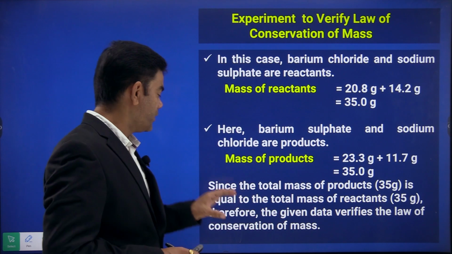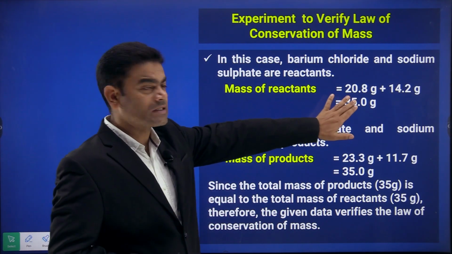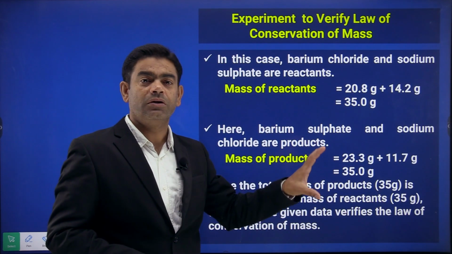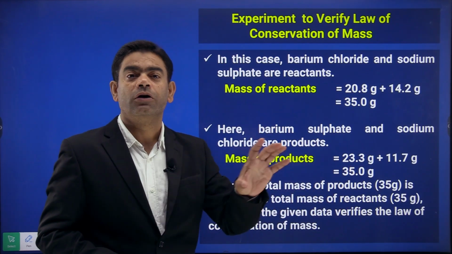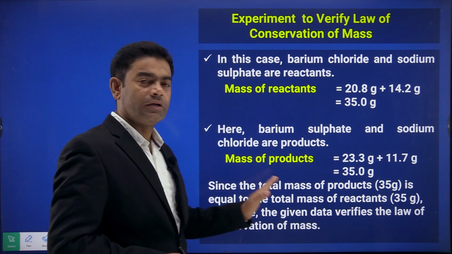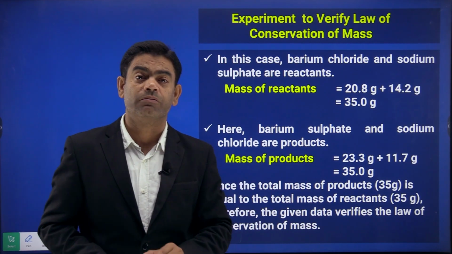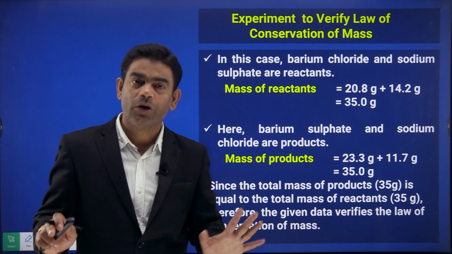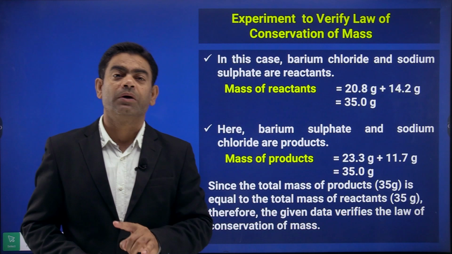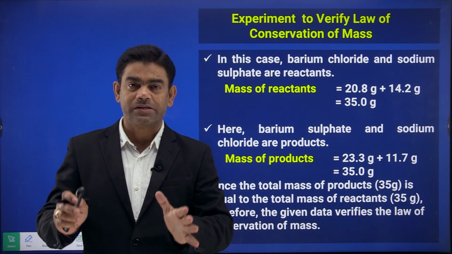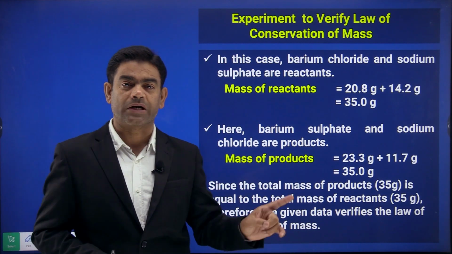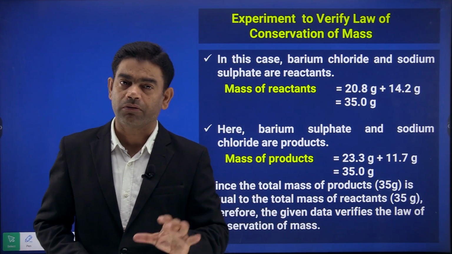So what is here, since the total mass of my reactants equals the total mass of my products, this reaction followed the law of conservation of mass. This reaction verifies the law of conservation of mass, okay. So is it clear what the law of conservation of mass is: mass can neither be created nor be destroyed, or I can say the total mass of reactants will be equal to the total mass of products for any chemical reaction,